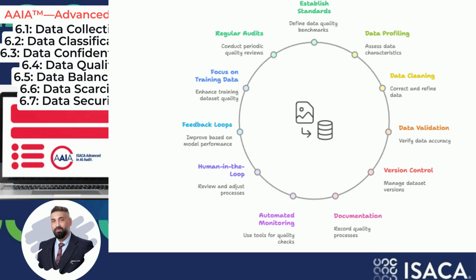Integrity. This refers to the structural soundness of the data and its relationships, often maintained through database constraints. Provenance or lineage. Knowing the origin and history of the data, including any transformations it has undergone. This is vital for traceability and understanding potential quality issues. What processes and best practices can help ensure high data quality for AI? Many of these are echoed in the guidance from ISACA on data management and IT governance.